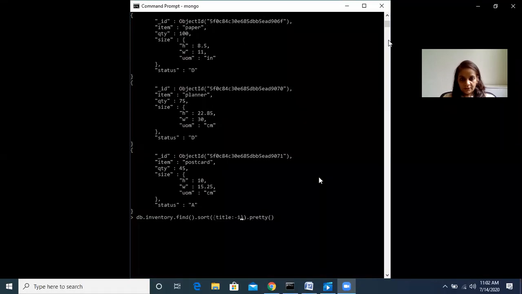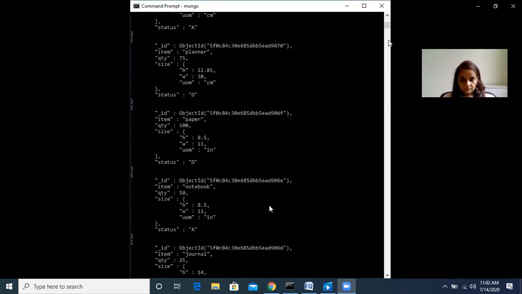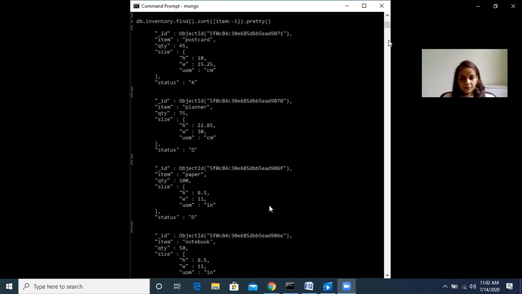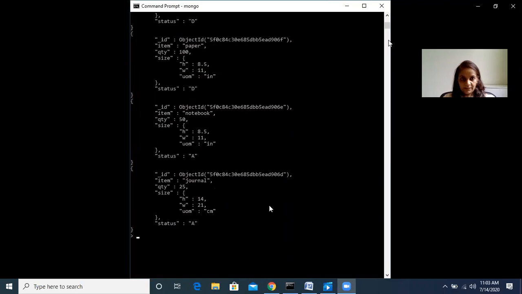Let us change the title to item, which was one of the fields. So see, the records have been sorted on item field in descending order.